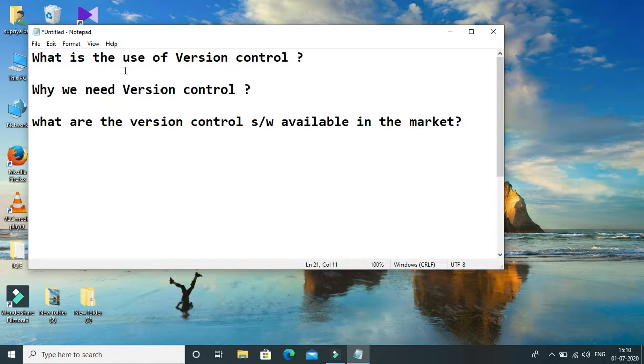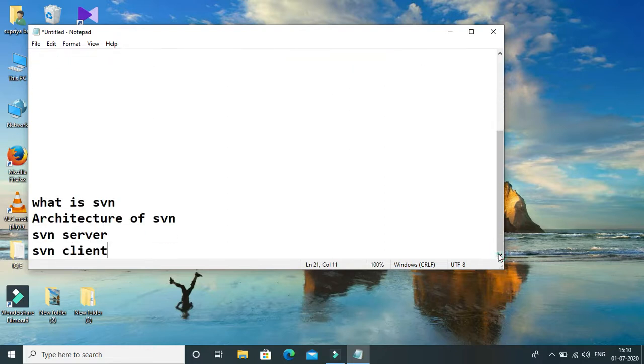Then let's understand what SVN is and the architecture of SVN: SVN server, SVN client, and so on. So let's start with what is SVN. SVN stands for Subversion. SVN is open source software, and we can use it as version control software.